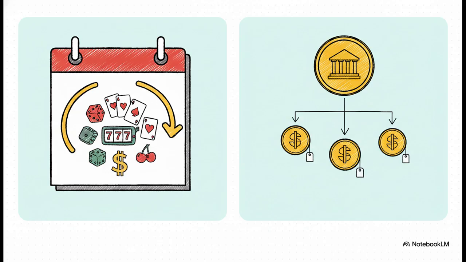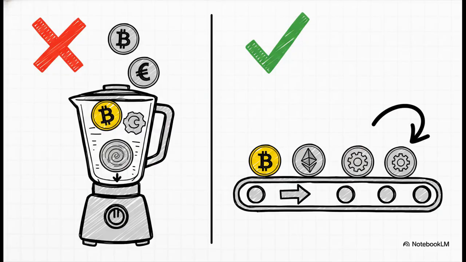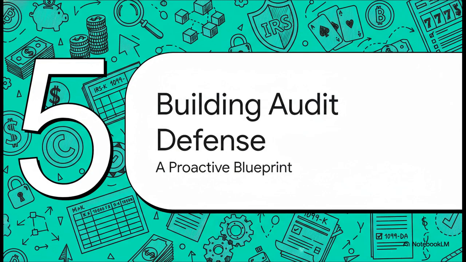Cryptocurrency, though, is the complete opposite. It's asset-bound. You have to use lot accounting, which means you have to track the cost basis and the holding period for every single tiny fraction of every coin you ever buy or sell. And I have to be absolutely crystal clear on this one point. You cannot use the average cost method for cryptocurrency. It is prohibited. Under Treasury Regulation Section 1.1012-1(e), that is a special privilege that is only allowed for things like mutual funds. For digital assets, the default method is first in, first out, or FIFO. The only way around that is if you can specifically identify which lot you're selling. End of story.